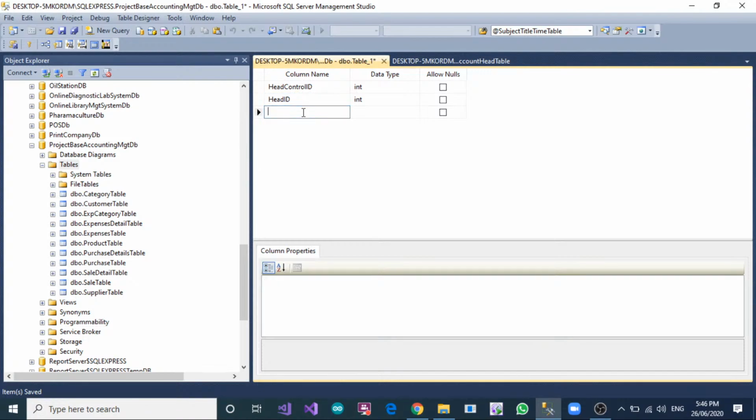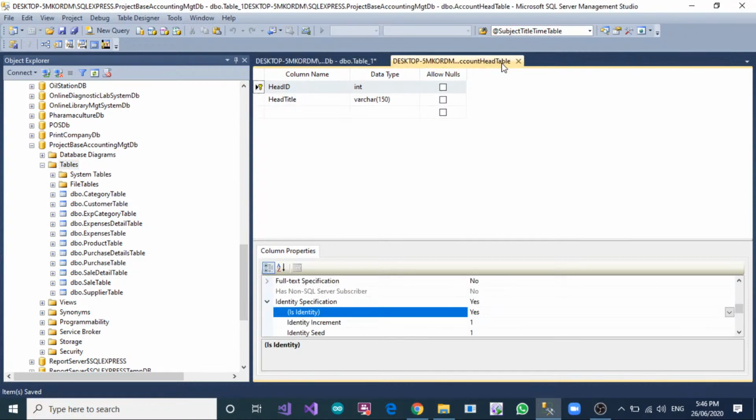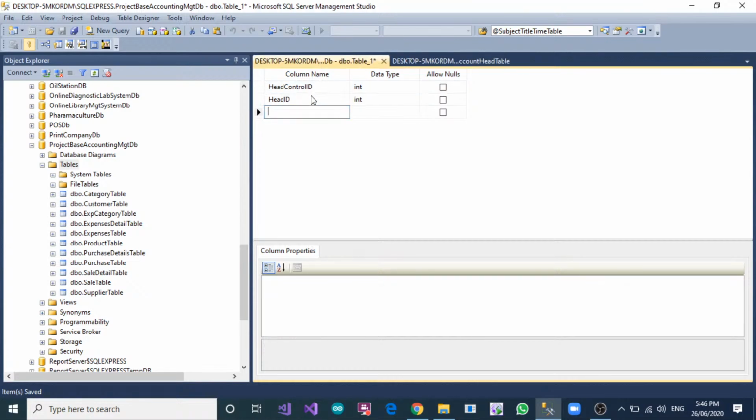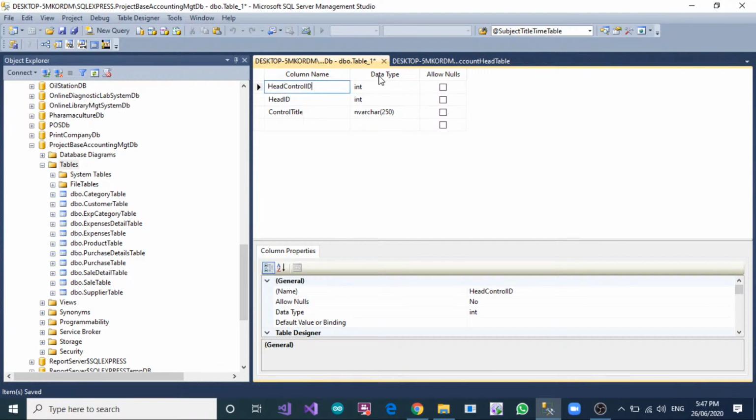So head ID, control account title, account title, head title, so here the control title, and the char 150 is increased to 250, and then the account title, head ID